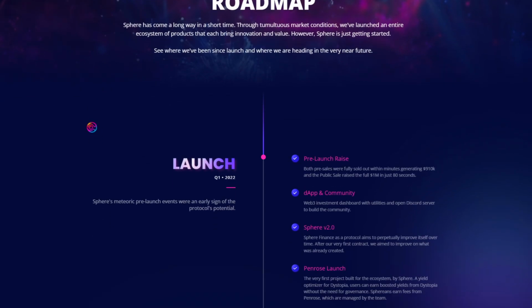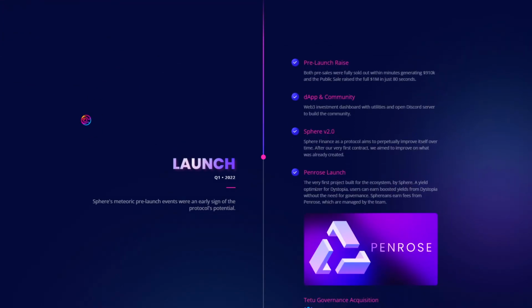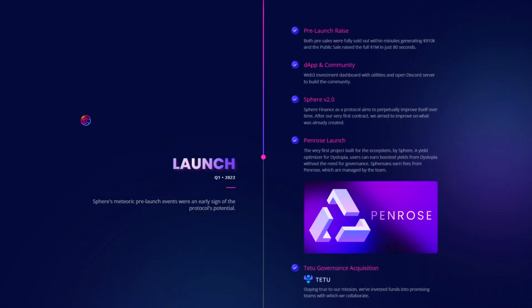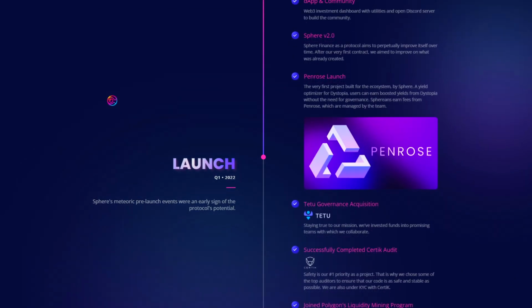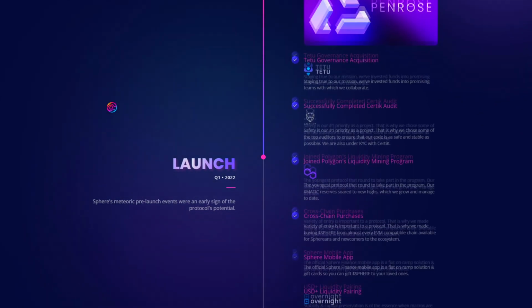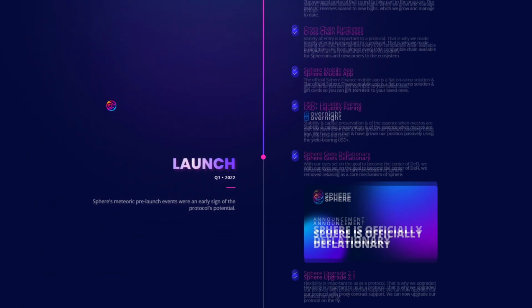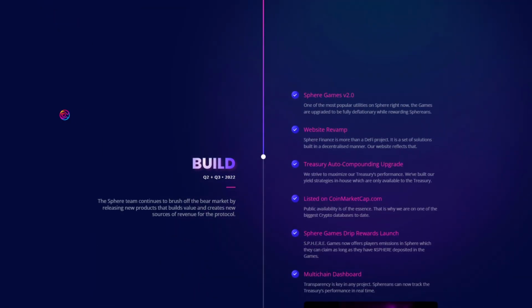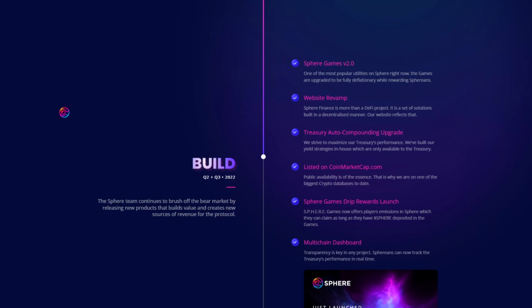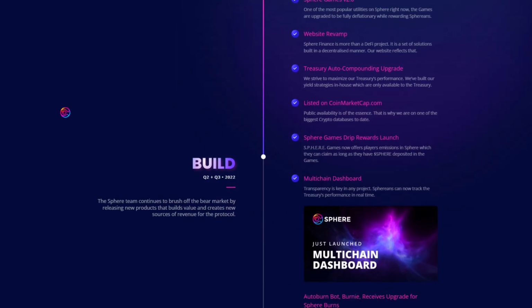The launch phase was only just back in Q1 of 2022 and included their transition of Sphere to V2 and V2.1, the launch of Penrose, and partnerships with Tetu, GOS, and USD+. The build phase is now Q2 and Q3 of 2022 and includes the multi-chain dashboard for the Treasury's unique yield